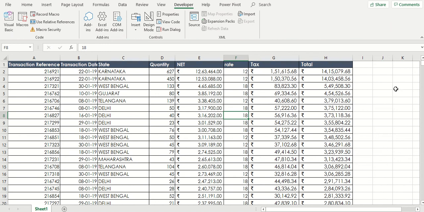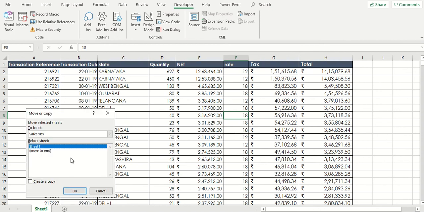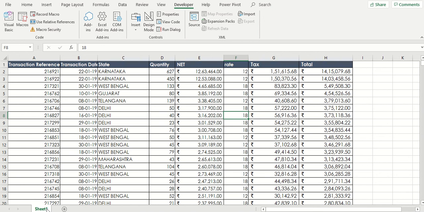Now we did some four or five steps and this is the new format of our data. Now suppose we want to repeat this every month. So quickly we'll do that. I'll create a copy of the sheet. You can just press Ctrl and drag it, and it will create a copy. So this is our format. We'll restore our data to the original format.